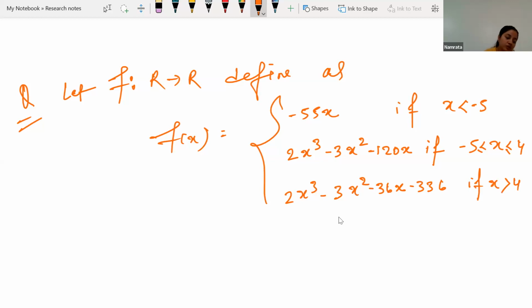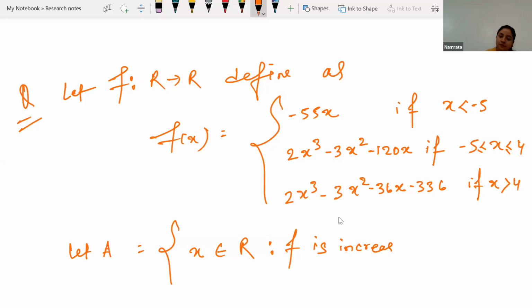Here also, let A be the set of all x such that x belongs to R and f is increasing. Then A is equal to,